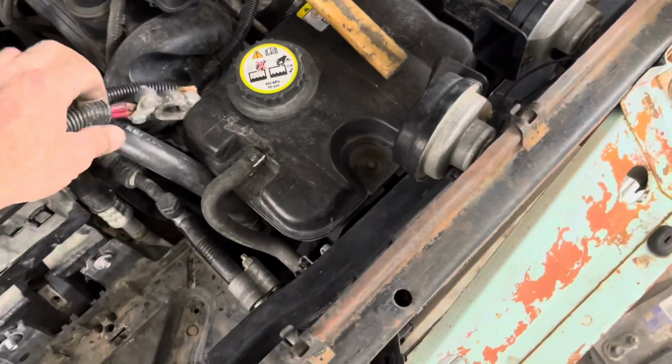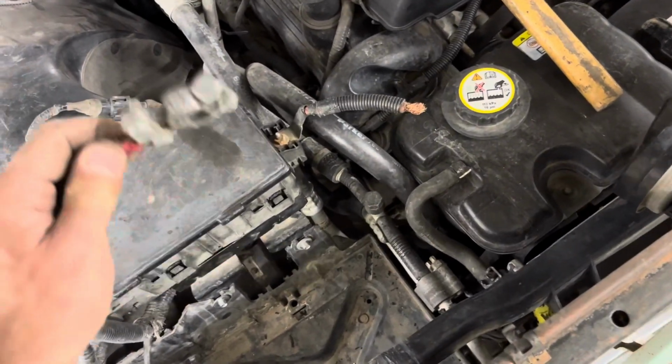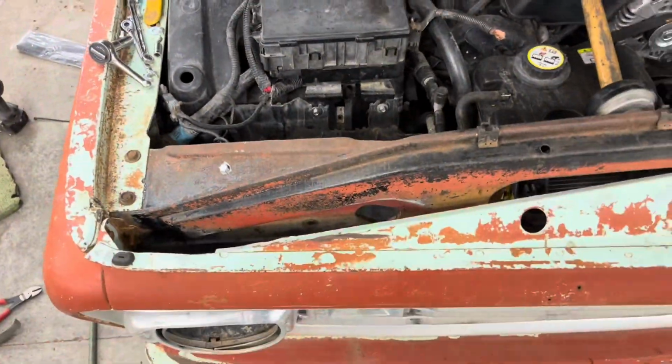This is some contraption that was done before when I bought the car. Yes, I'm going to fix that. I don't approve of those, but hey, but yeah, look,